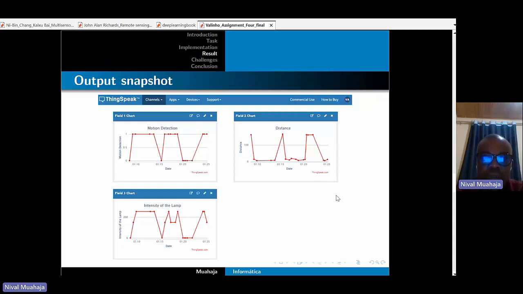On ThingSpeak, we are getting 3 graphs: one related to motion detection, the second to distance, and the third to the intensity of the LED. Here we have the motion detection related to the passive infrared sensor, the distance related to the ultrasonic sensor, and finally the data related to the brightness that we are giving to the LED according to the distance detected between the human or animal and the infrared sensor. So this is the result on ThingSpeak after we send the data using the